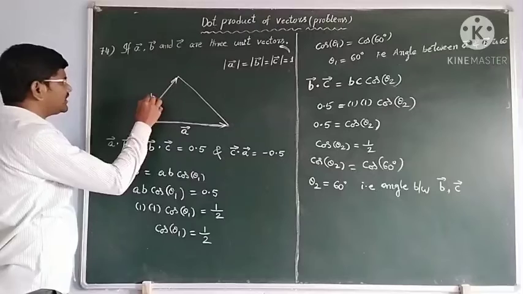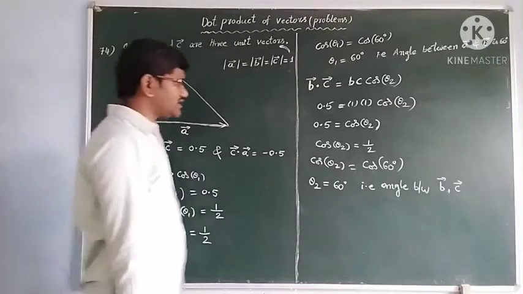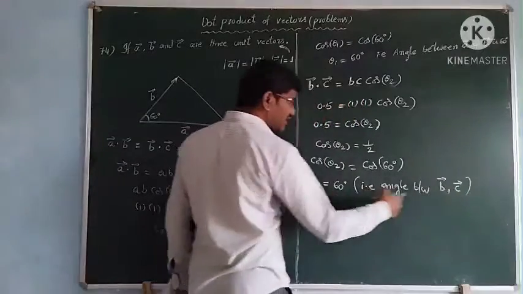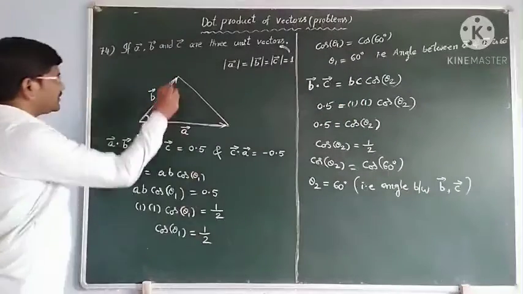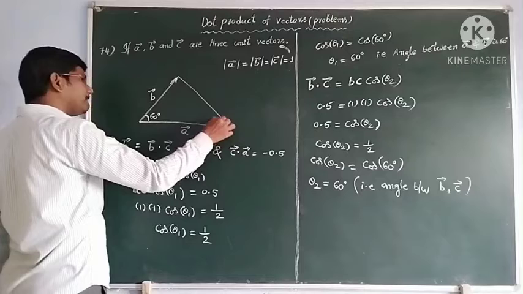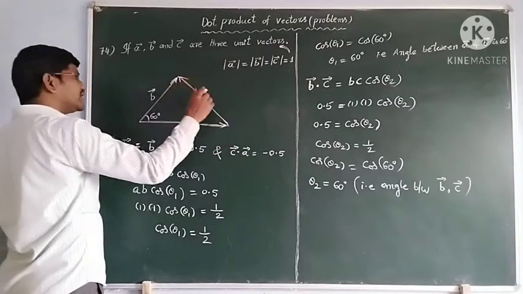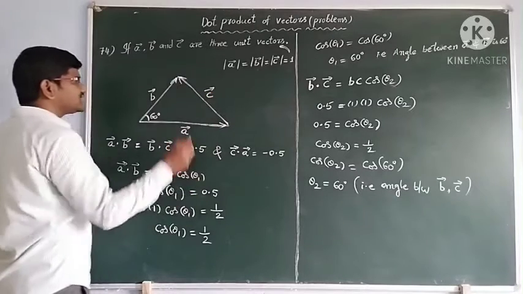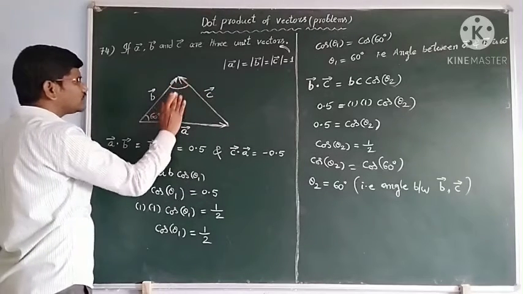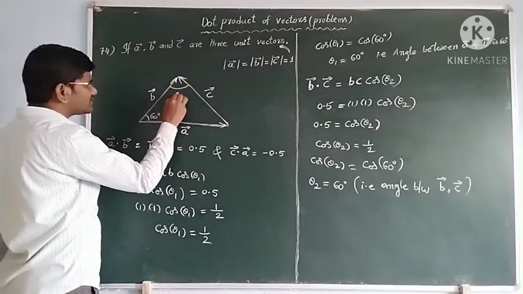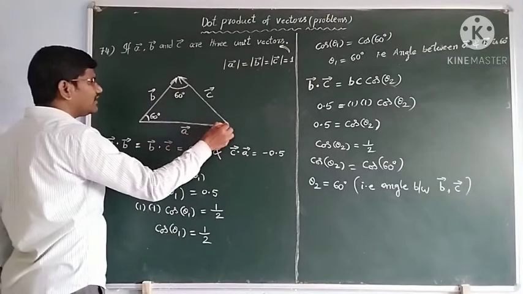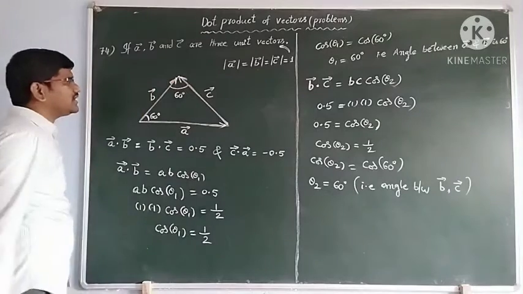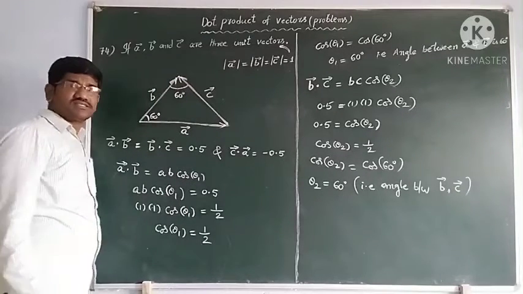So then this should be the b bar vector. Now next what is given, b bar and c bar, also theta 2 is 60 degrees. That is the angle between b bar and c bar. If this is the b bar vector, then this will be the c bar vector. If you take the c bar in this direction, now this angle also will become, how much students? 60 degrees is the angle between b bar and c bar you will get. So the angle between b bar and c bar also we got 60 degrees.